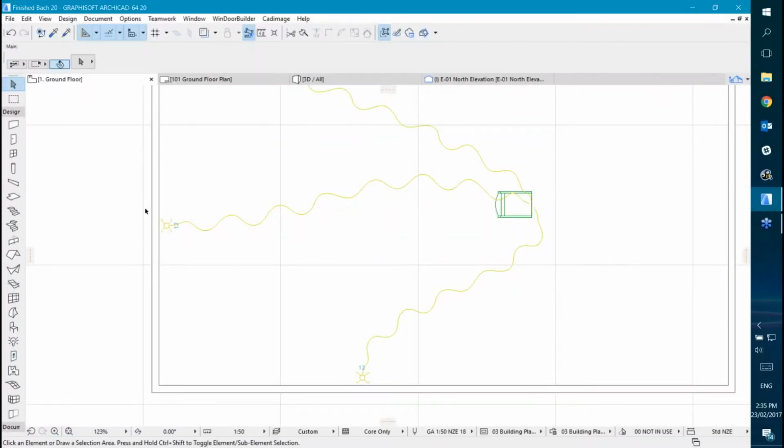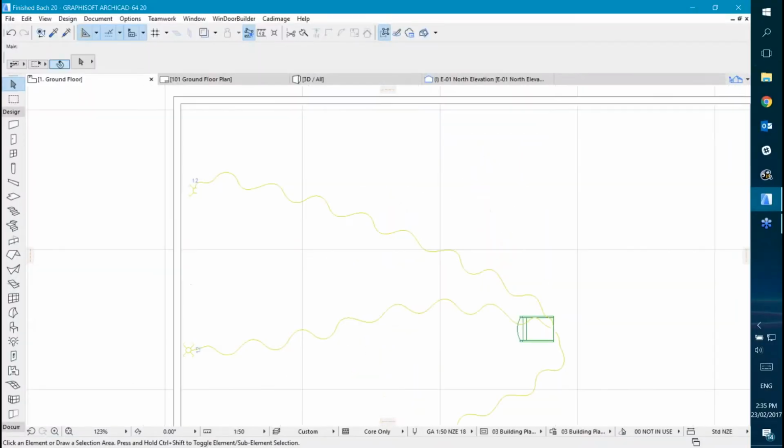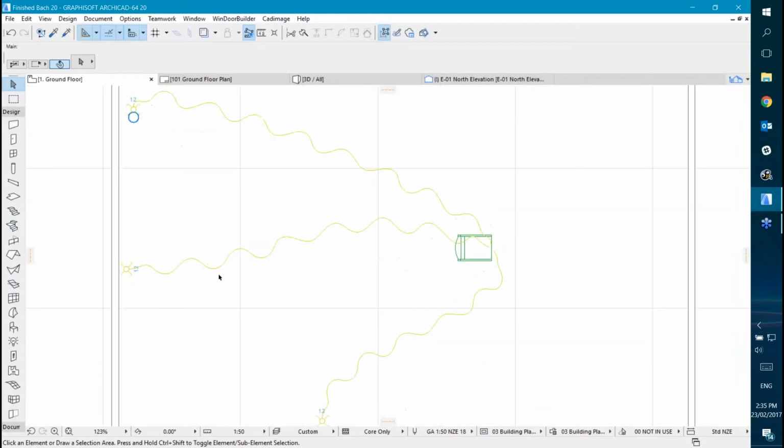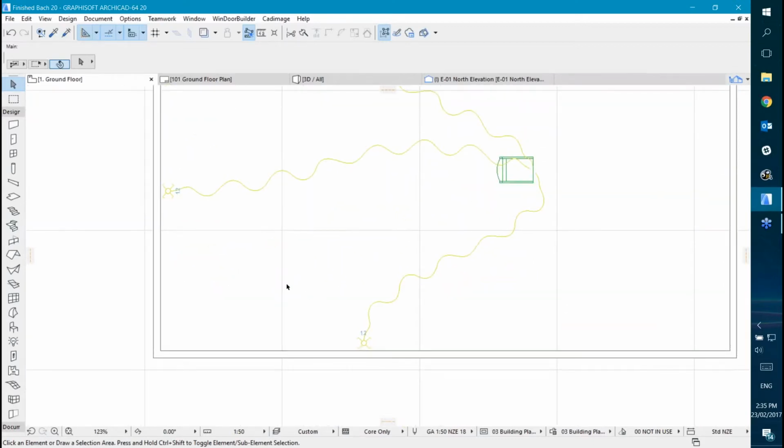What you can see here are just 2D symbols, as is the wiring, obviously, but you won't want to see that in 3D. You probably do want to see some sort of representation in 3D, or at least in your section and elevation views or interior elevations. You want to get those represented in some way, and